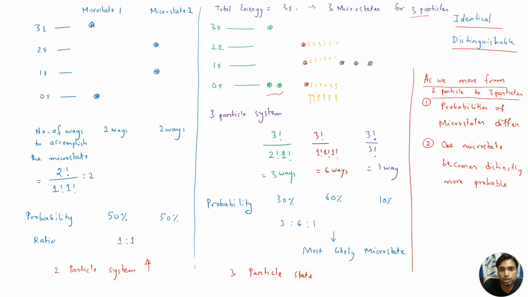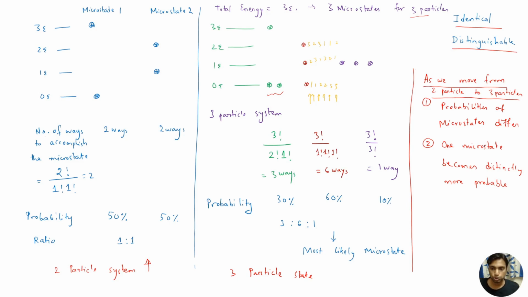And you can actually count this. It is just some simple combinatorics: dividing three distinguishable balls into two boxes. Two boxes that you can think of as the 3e energy level and the 0e energy level. You got it, right? So that's how it is. So the counts are 3, 6, and 1.